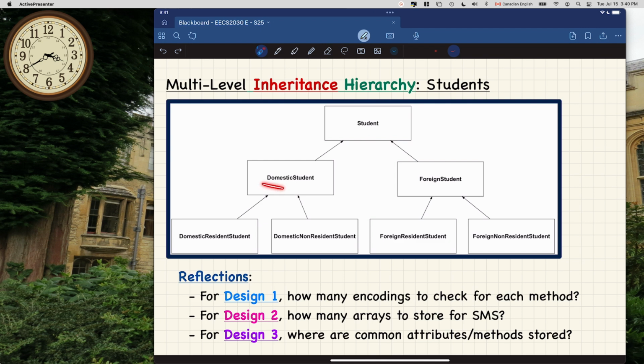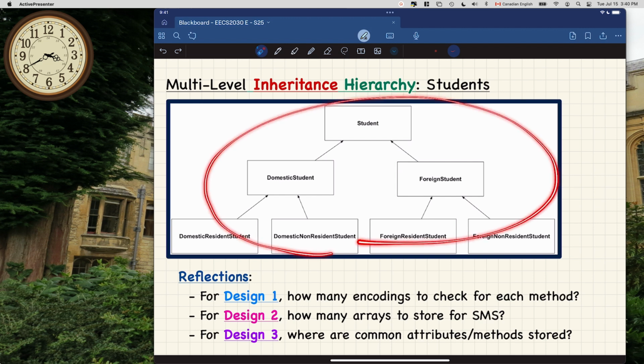And for domestic student, it can be domestic resident or domestic non-resident. Just like as an example. So that'll be the example, but this one here, I'm not going to use as a running example. The second one would be, what I want you to think about is could be some exam question I can ask you, okay? You want to think about, let's say, given this particular hierarchy,